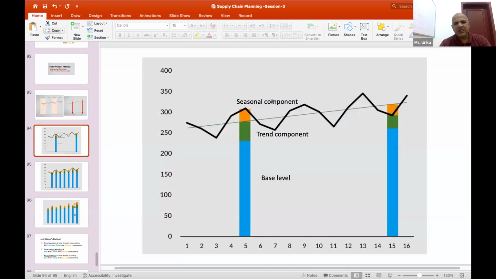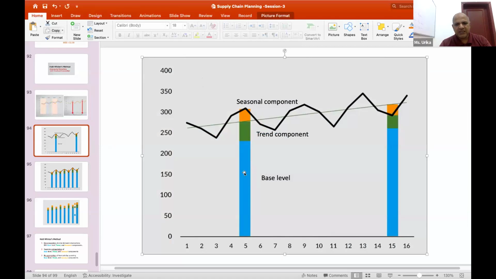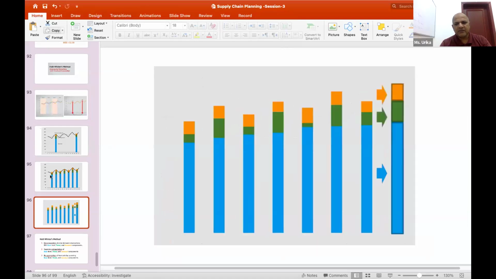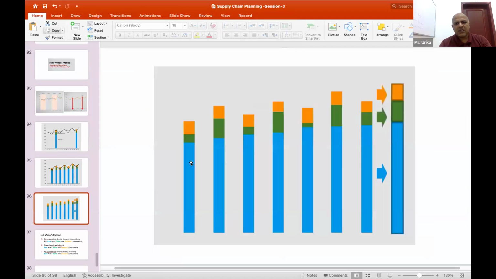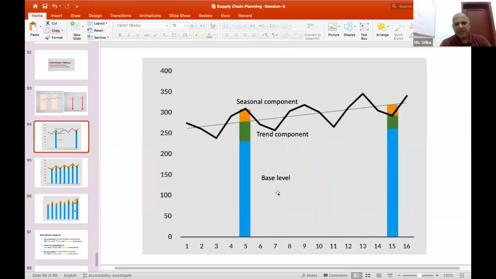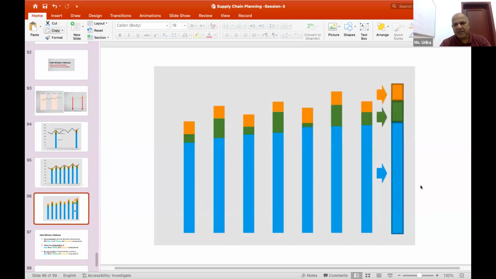Can you see? The seasonal component, this is the trend. This is the baseline, this is the trend, this is the seasonal. You are going to calculate it. What is this? Base level, trend, and seasonal. This is the base, this is the trend, this is the seasonal. So when you look at this,